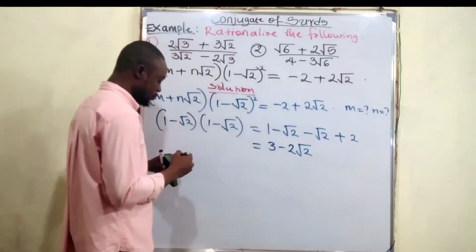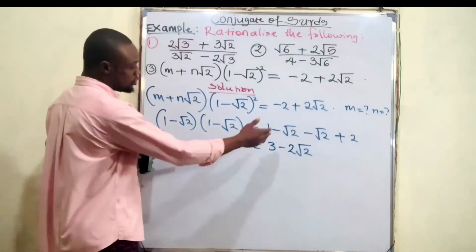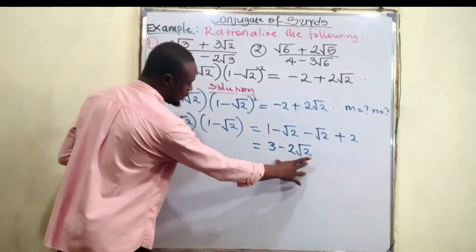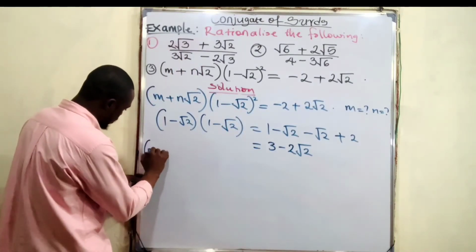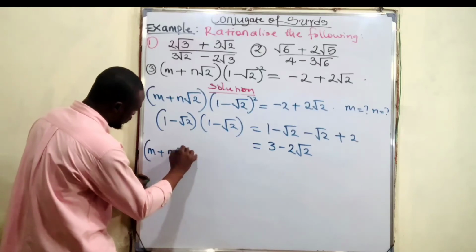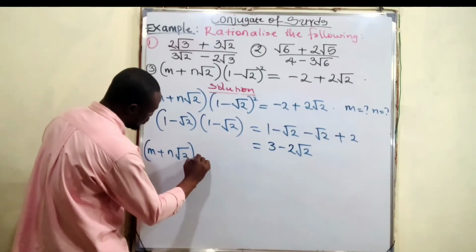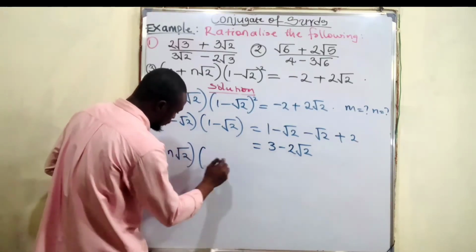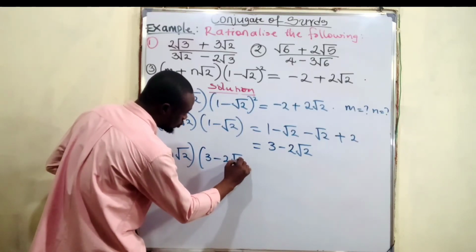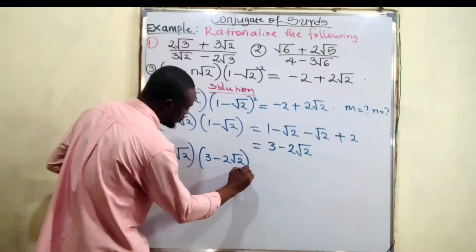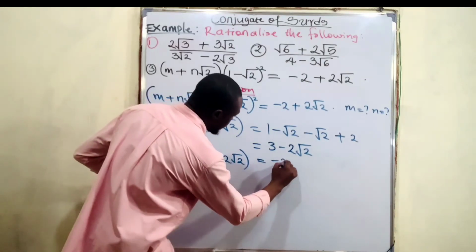Okay, so I'm going to rewrite the expression and write this here. So this is now m plus n root 2, and in the bracket I have this 3 minus 2 root 2, close bracket,